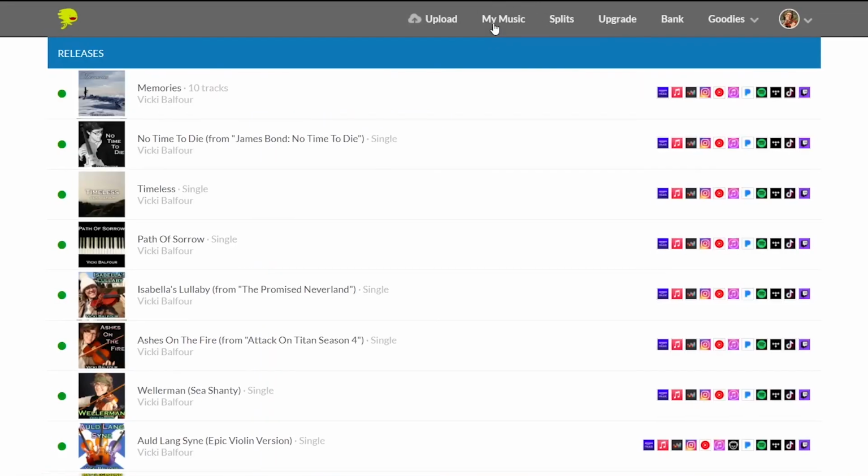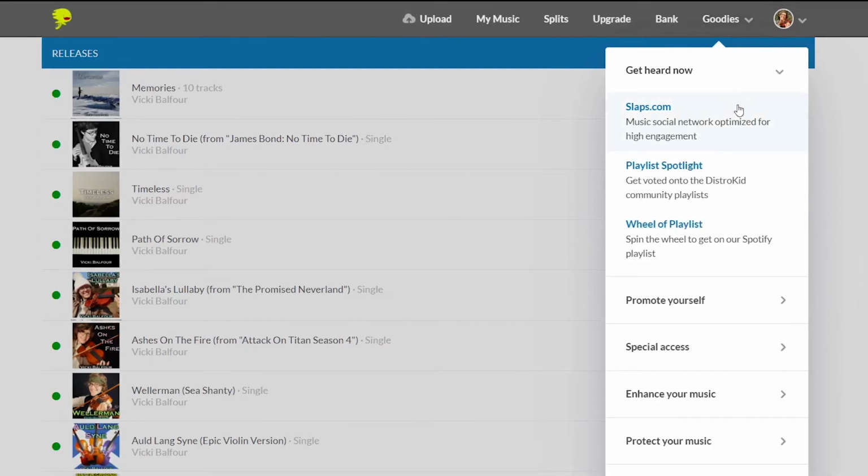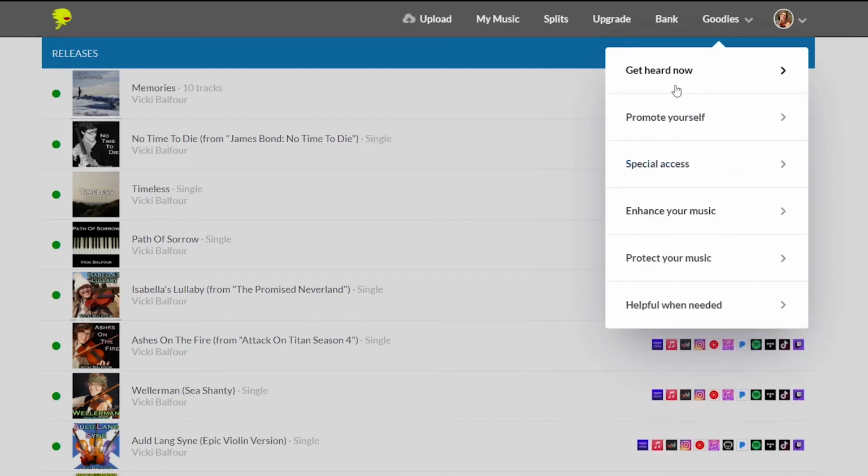So the other thing we have here is this Goodies drop-down menu. So this has a lot of additional extras. So if we click on Get Heard Now, we here have the option to try and get our music featured on some playlists, for example Distrokid's Spotify playlist, and some Distrokid community playlists and things like that. You can promote yourself,